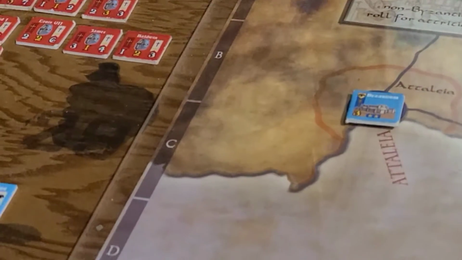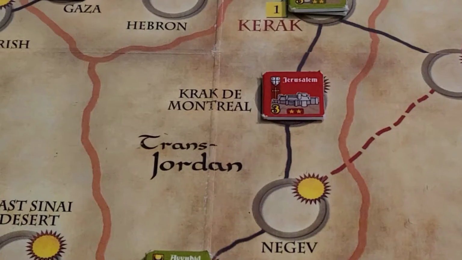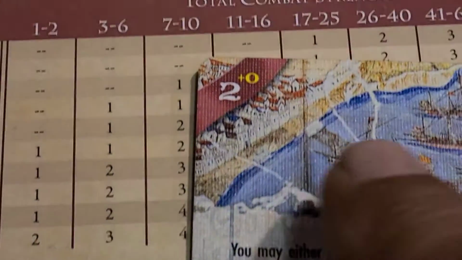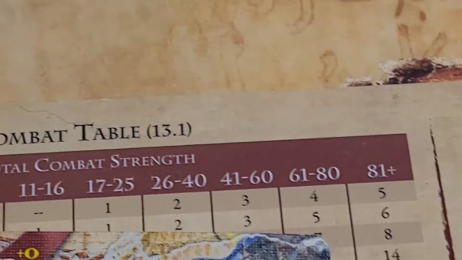Muslim needs a roll of a 1, but not a 6. Oh, he gets it. Oh, victory point in my Muslim force pool. Alright, well that changes all kinds of things here now. So now, do I want to roll for the, I'll use this card. I'll try to get the